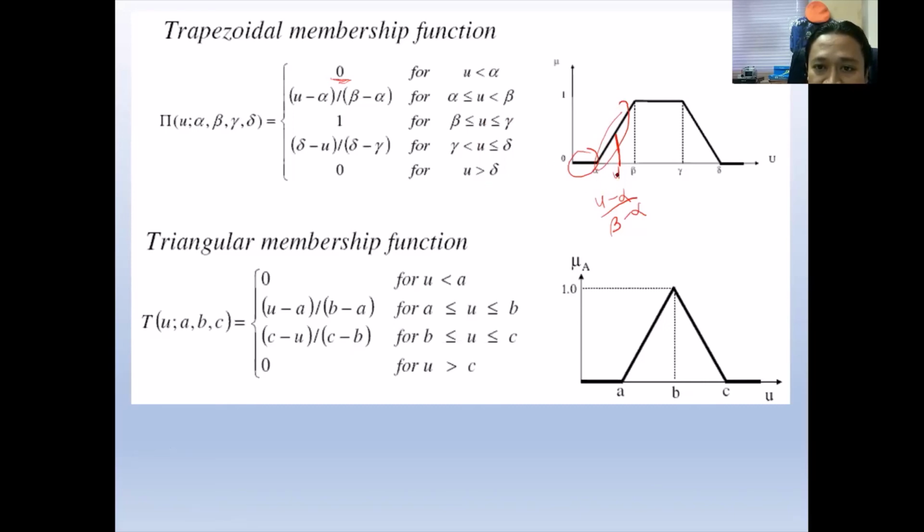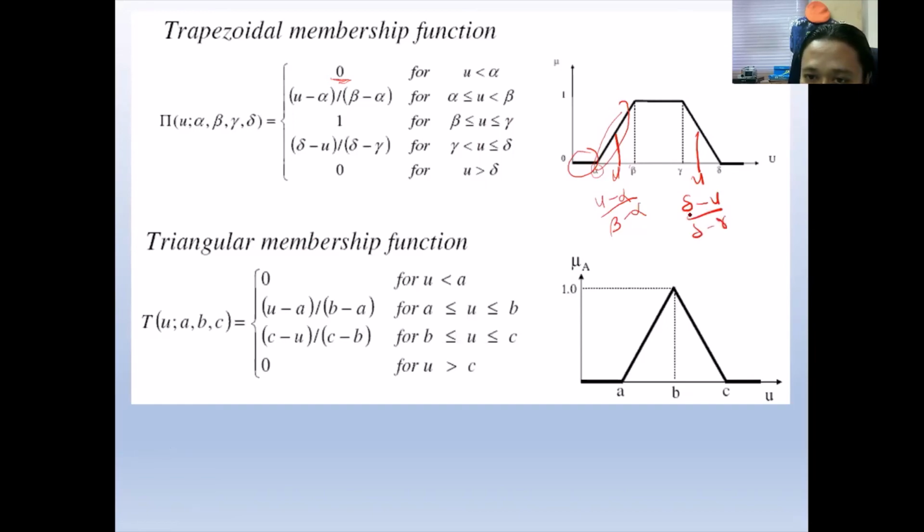So you put some u here, and the equation will be u minus alpha divided by beta minus alpha. That's the equation for this membership value, for this part. For this other part, you put some u here, and the equation is gamma minus u divided by gamma minus alpha.